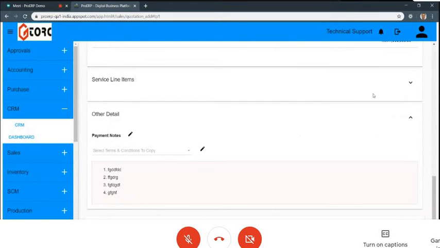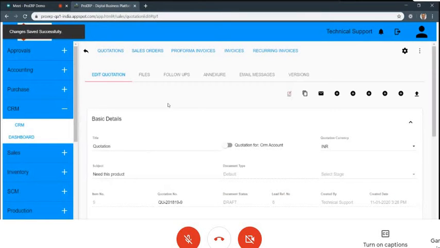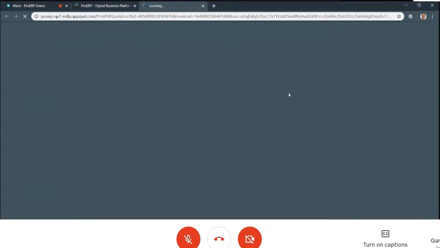Okay, we can have predefined terms and conditions for quotation. We can change those if required. We can have different terms and conditions. I have this one default term, but you can have different terms for different products or different clients if required. And the moment you create a quotation, you can print and see how the quotation looks. We are still at the lead stage.